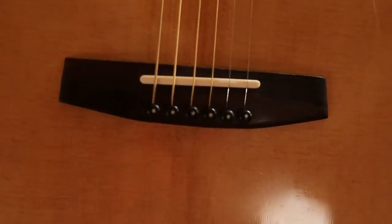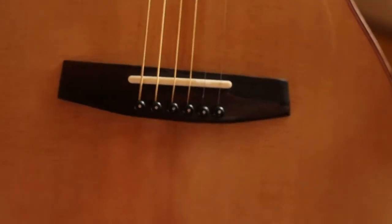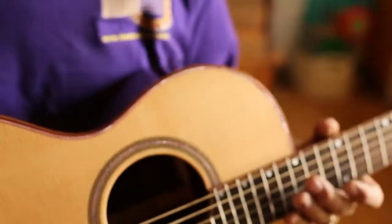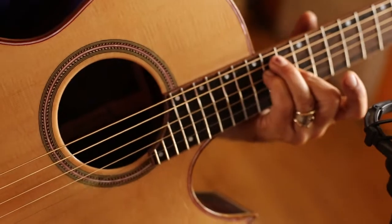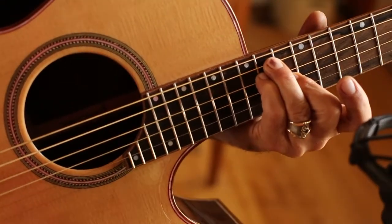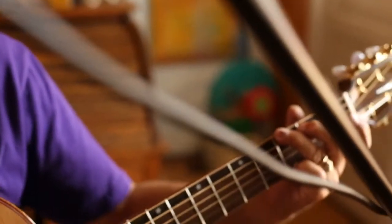Intonation that we use for the most part is a buzzfetin, which takes certain notes and flats them and other notes and sharps them, and you end up with a very piano-like quality to your sound, which will give you a nice blend, and the strings start to support each other harmonically. It strengthens the weaker tones, and it tunes down the stronger tones so that the guitar is more evenly balanced,